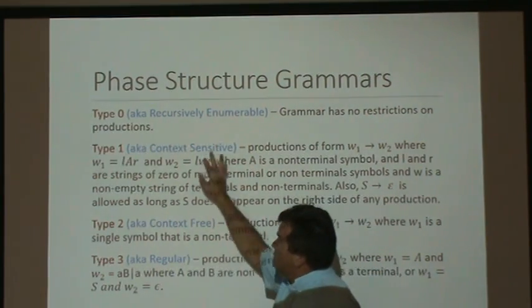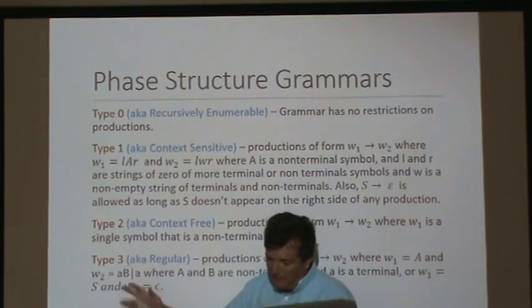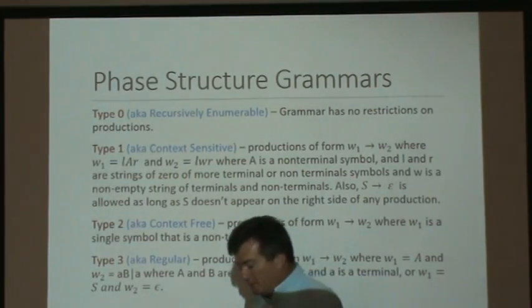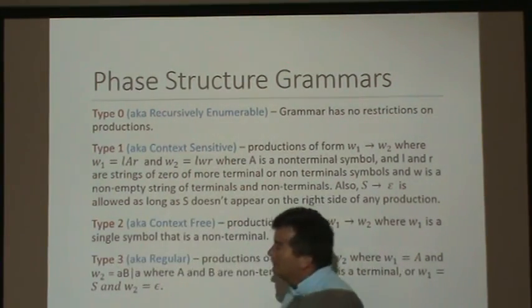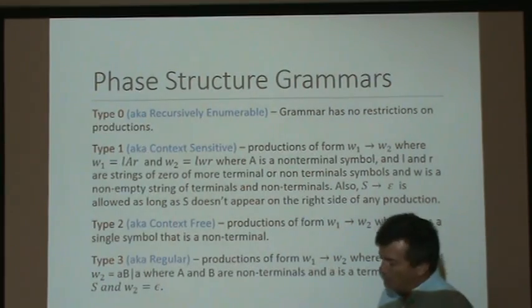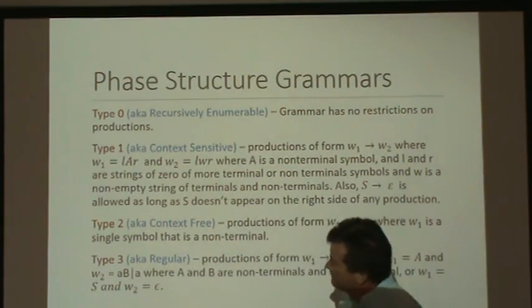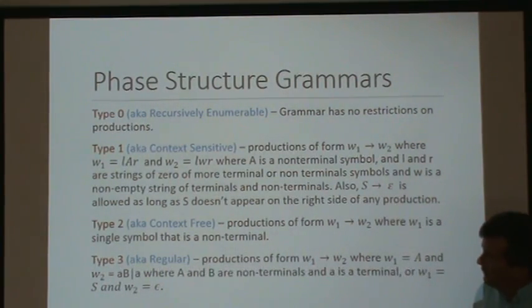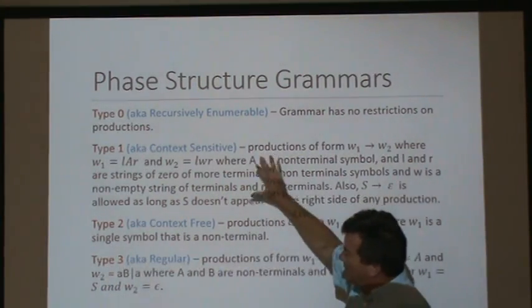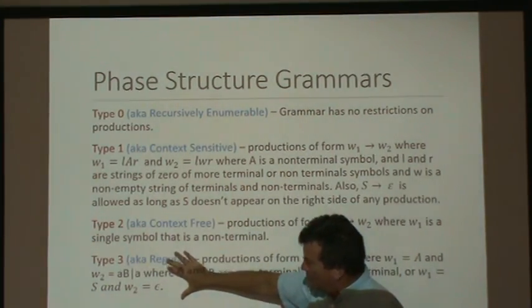And the type 0s are pretty much unlimited. We may need unlimited space, unlimited time to decide whether or not the word is in that language or not. Okay, so we'll go over properties of each of these and what strings are in one set, not in the